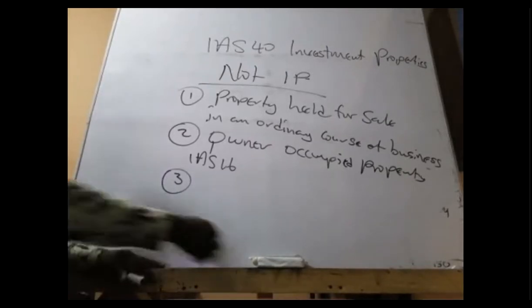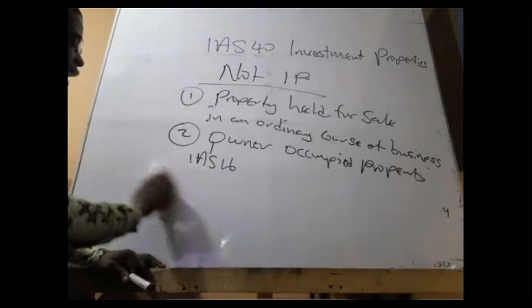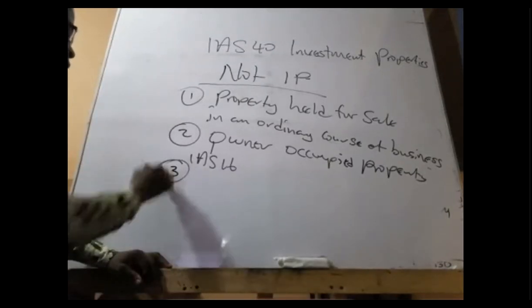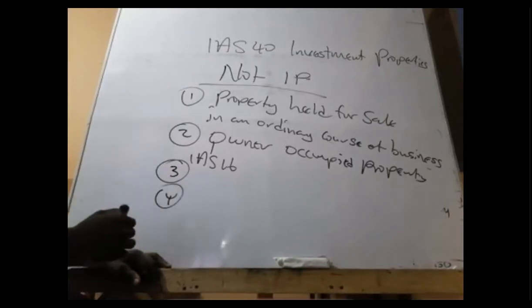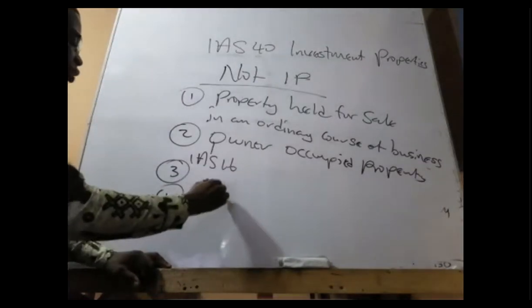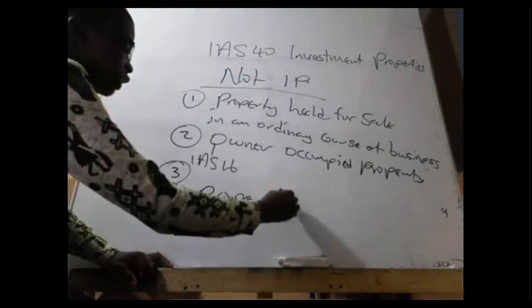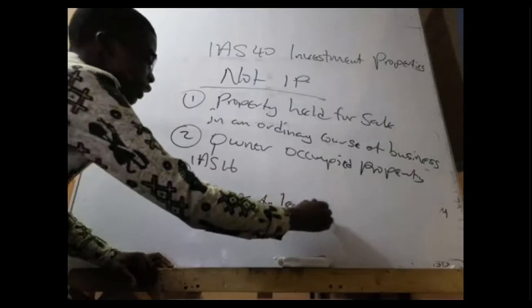Good. Now, I've talked about 3, so let me go to 4. Number 4 will be property leased out